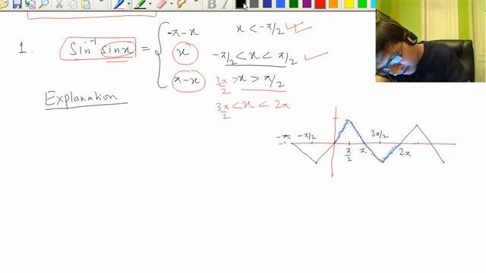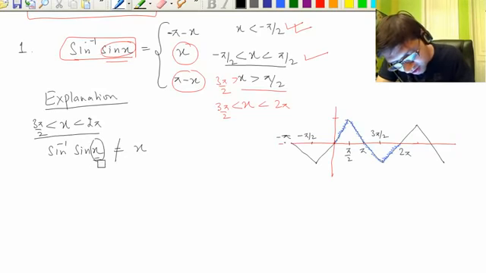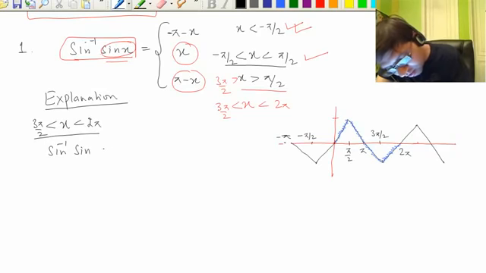x is greater than 3 pi by 2 and less than 2 pi. Now one thing you would have understood by now, we cannot cancel sine inverse with sine x and say x. We cannot do that because this x is not in the principal value branch. It is between 3 pi by 2 and 2 pi. Right, so what we do, we bring in the principal value branch.